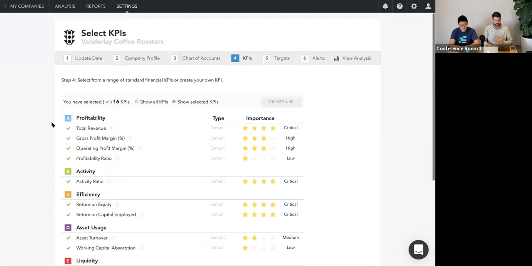And all of these standard ratios are standard business metrics. So they're going to be many of the financial ratios that you would be familiar with. And Fathom comes with these right out of the box. Fathom has over 50 default KPIs that you can choose from. And we recommend that when you're starting to set up your company, start with the default KPIs first, see what Fathom has to offer, select the ones that are relevant to your objective, and then move on to